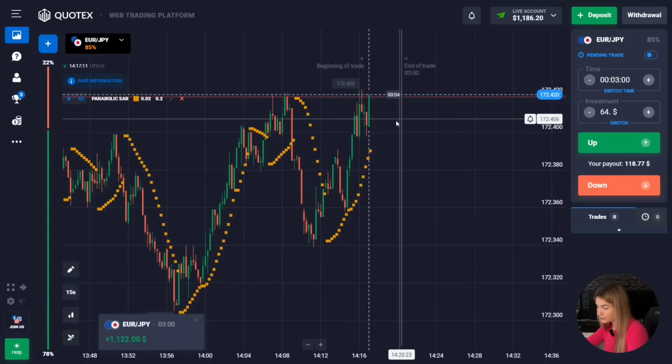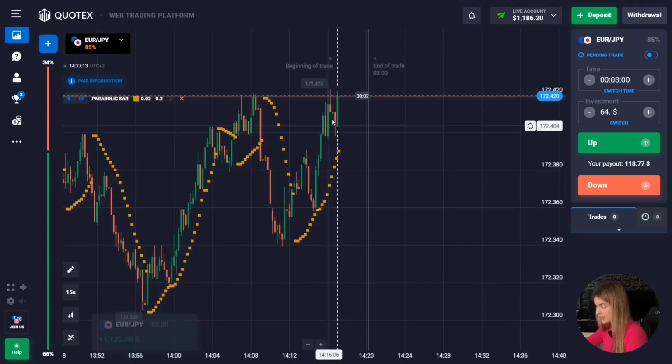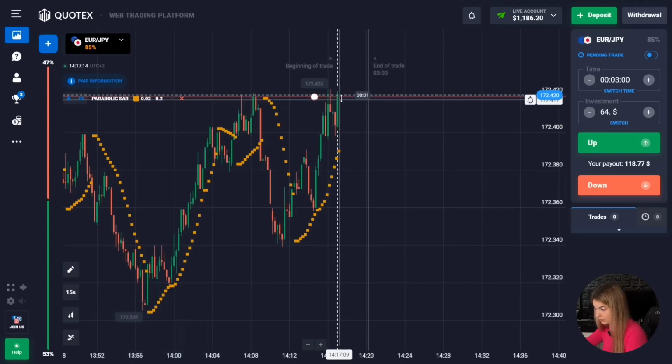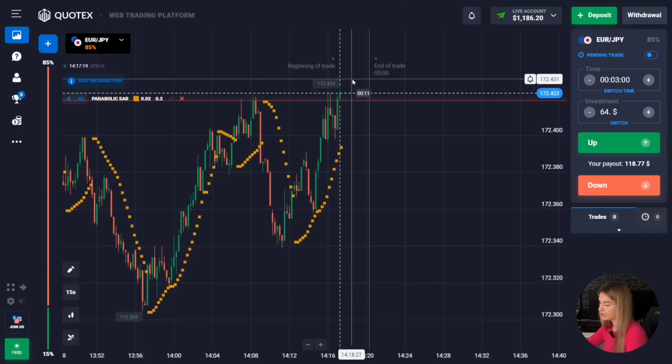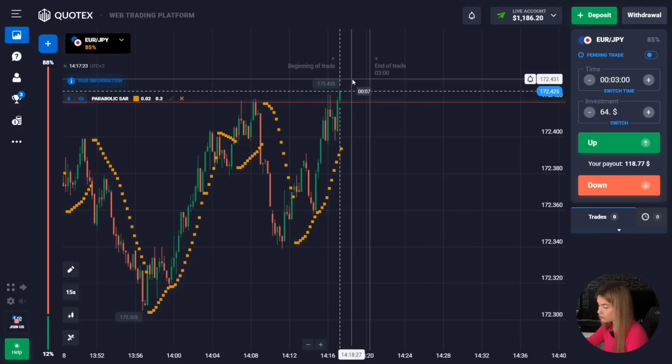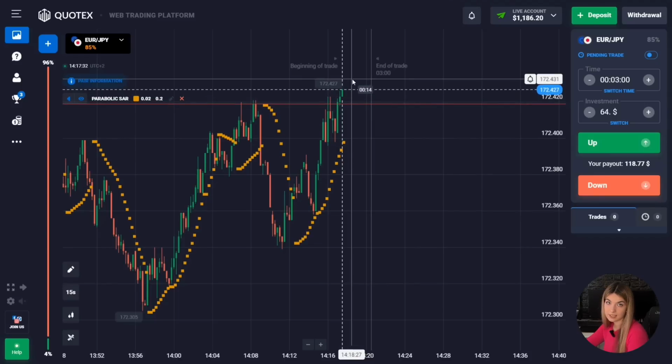Well guys, after a slight pullback downwards, the upward movement continued and we got the profit here. The price really has a good potential for growth. As you can see, good confident green candles continue to form. Also, the indicator turned out to be right and suggested us a really good entry point. Technical analysis in combination with the indicator works well guys.